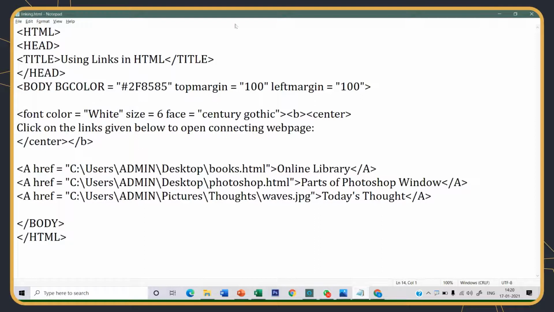Okay, save it. I want to close the font tag also now. You will wonder why these links are not appearing in white color, because these are the links and links have a default color. If you type any other normal text here, that will appear in white color, but these links will not appear in white color because links appear in the default color which is defined. We can change the color of links, active links and visited links.